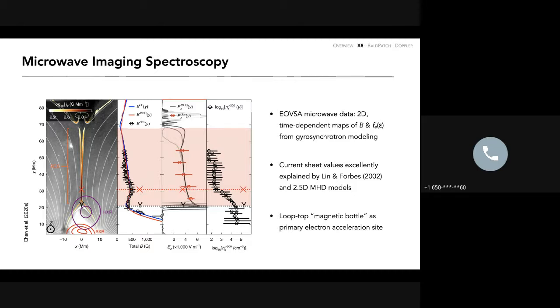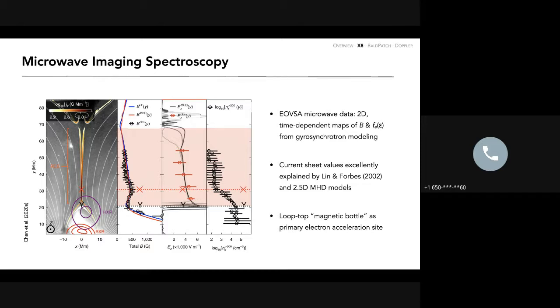And you can infer the electron spectra from the spectra of the microwave. If you do that, you can get a 2D map of the magnetic field in the plane of sky, and also a spectrum of the electrons. Okay, 2D spectrum. So on the left is the very nice result. The first panel is an image in AIA, and overlaid are the magnetic field lines from a